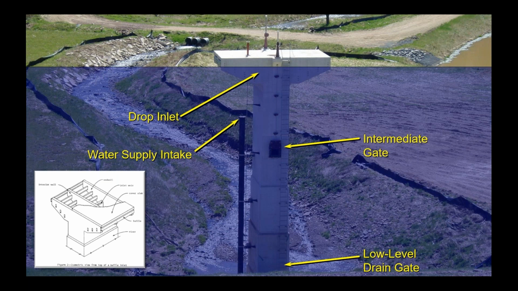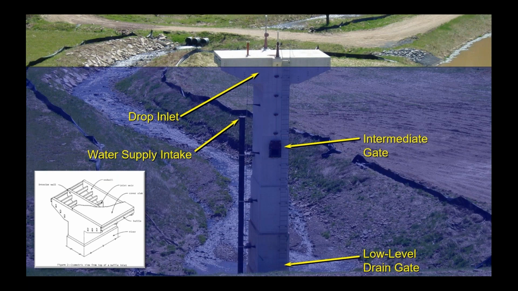Now, this riser structure has other features as well. It has an intermediate gate to help maintain the pool level and maybe to do some maintenance. It has a water supply intake that's kind of unique to this one. Not all riser structures have this. And then, very important, a low-level drain to be able to drain the reservoir in the case of an emergency